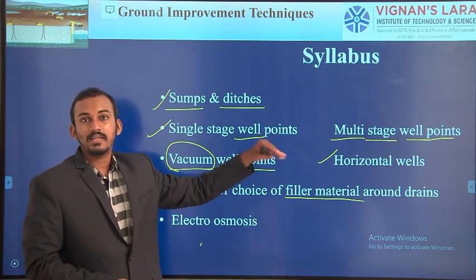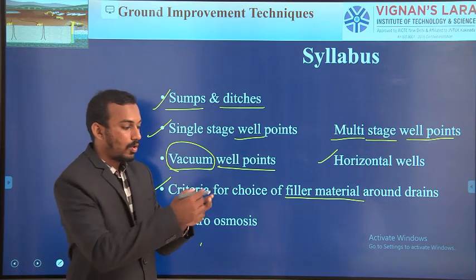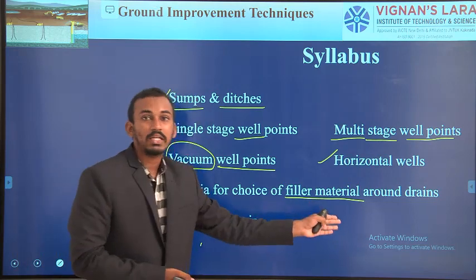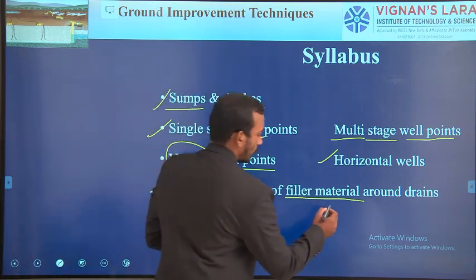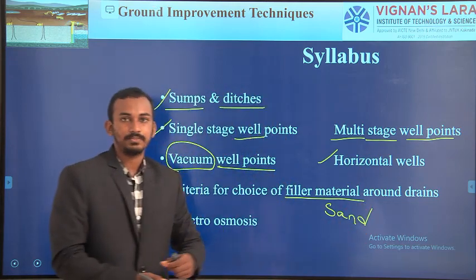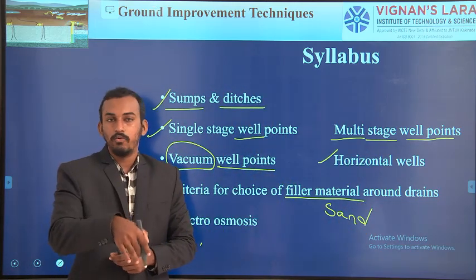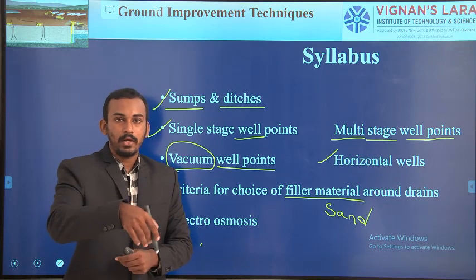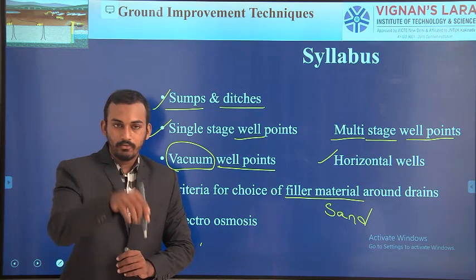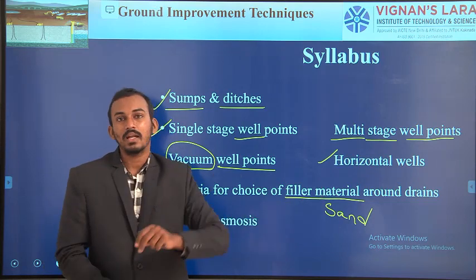Just like in the case of drains, throughout the core we have a filter jacket. Here we are also using filter material. So what is this filter material? We use sand as a filter material. We excavate a well point, and around the well point we lay some filler material. Between that filler material, we are going to install our pumps.